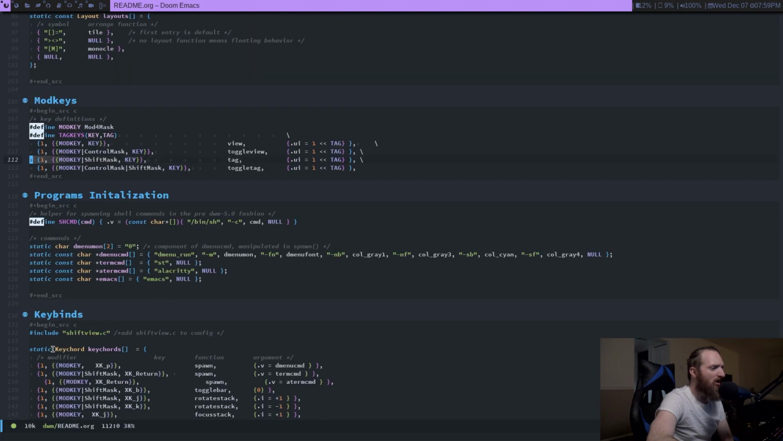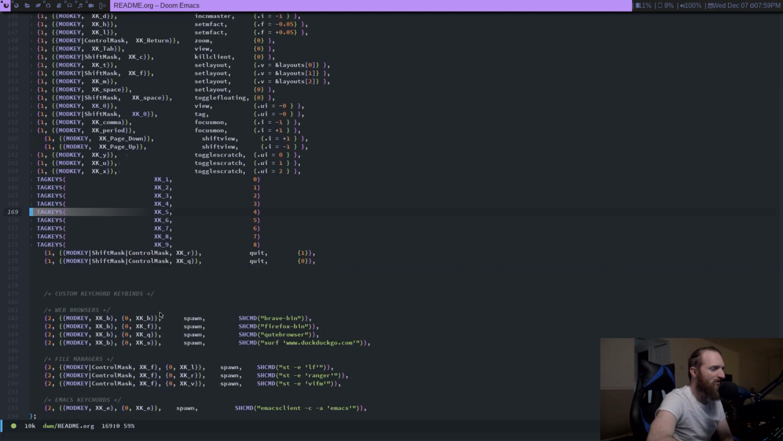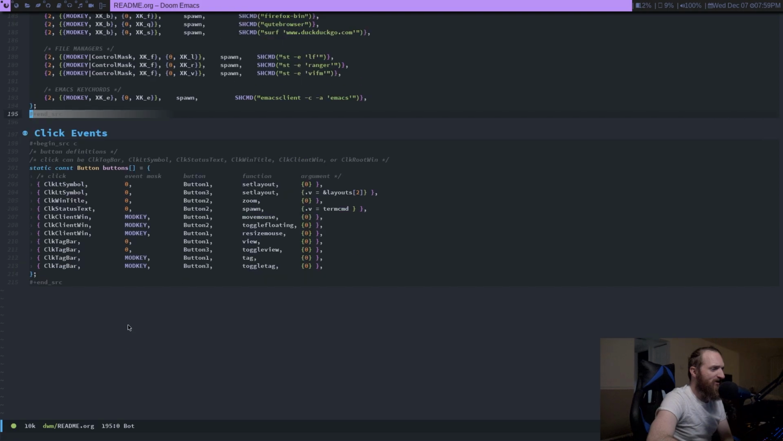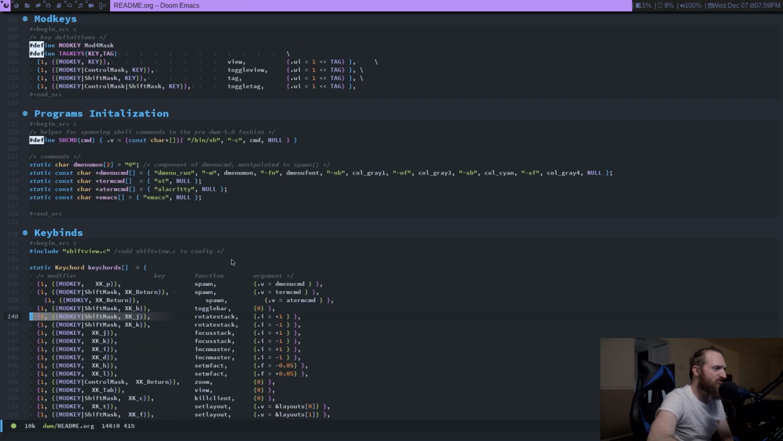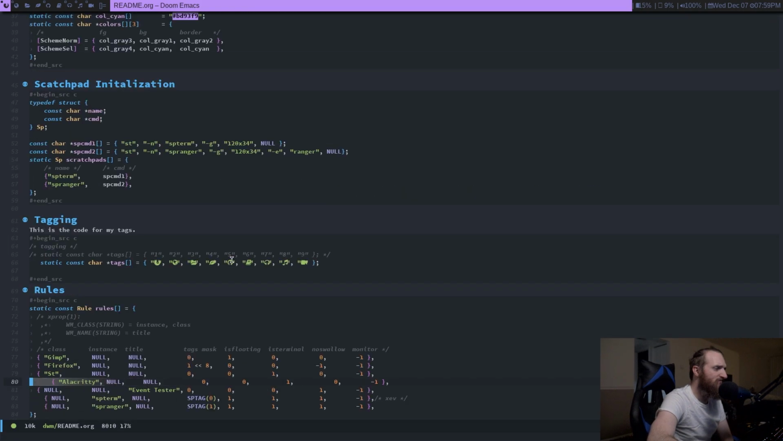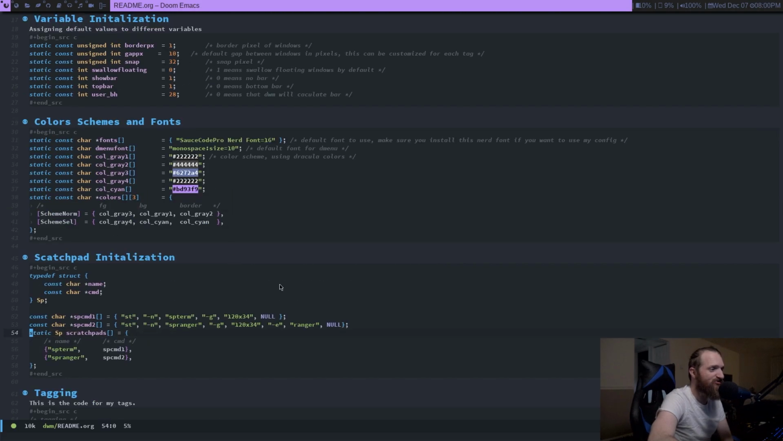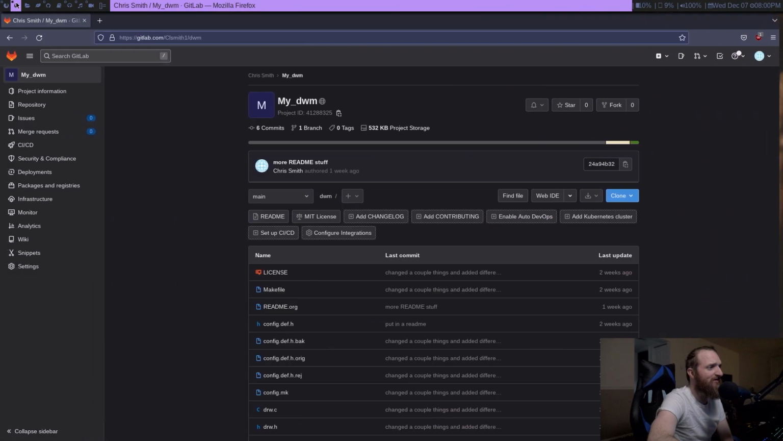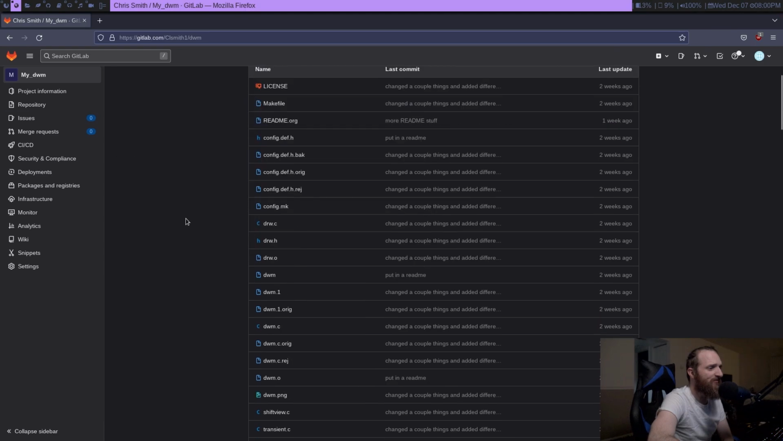Oh, and we do have shift view. And then click events. I haven't really done much with that. Yeah, I wish I could show you more, but let me show you why I like org mode though. If we hop on the GitLab website here,